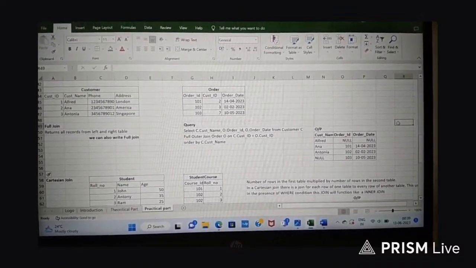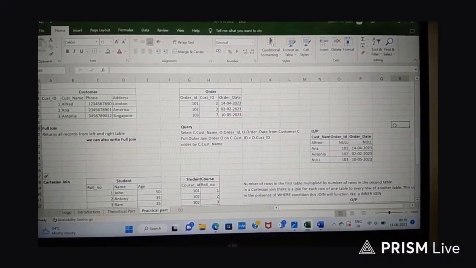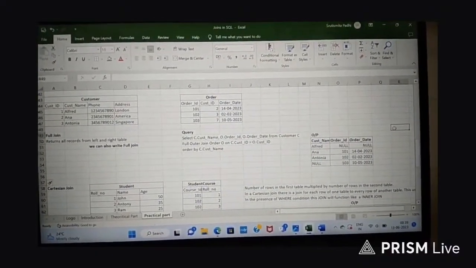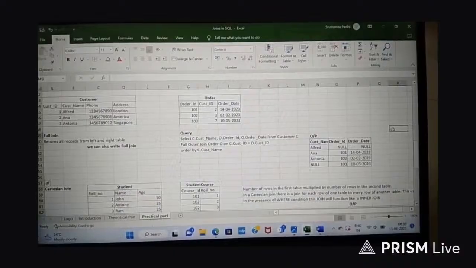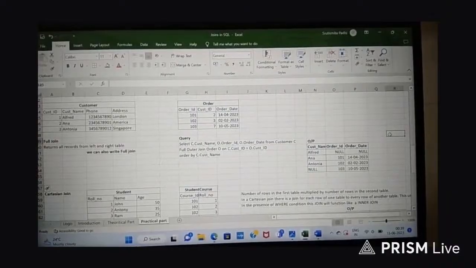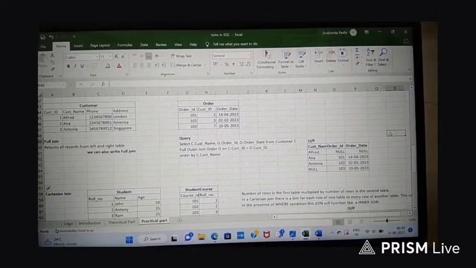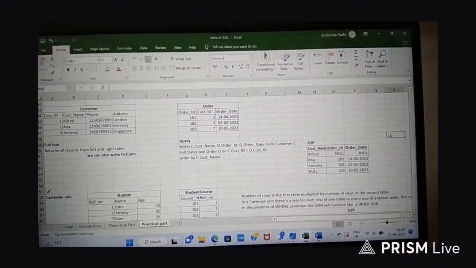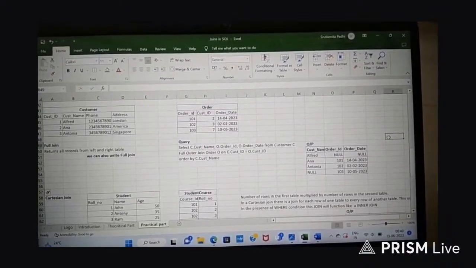So as per the logic and the requirement of a full join, we are supposed to see all the customer names and all the order IDs in the output. We can see Alfred, Anna, Antonio, all three customer names in the customer name column, and order IDs 101, 102, 103 in the order ID column. But Alfred does not have any order ID, so there we can see null. And for order ID 103 we do not have any customer, so we can see null in the customer name column.